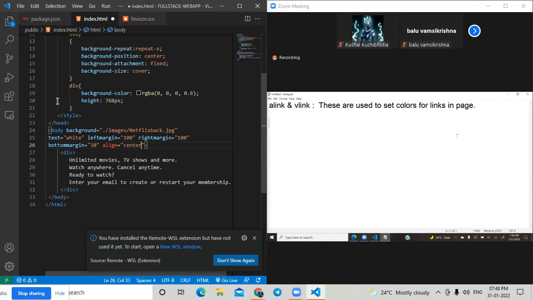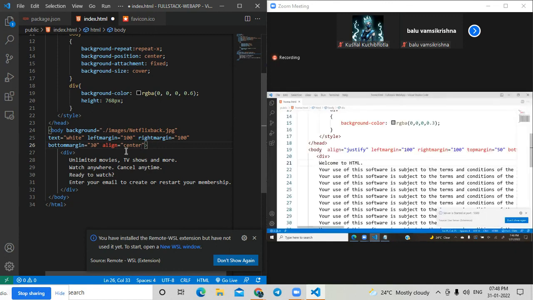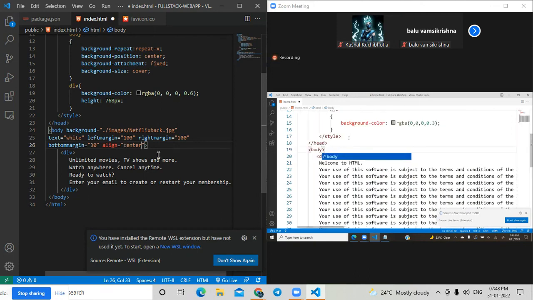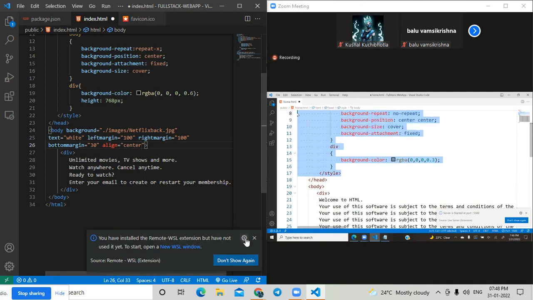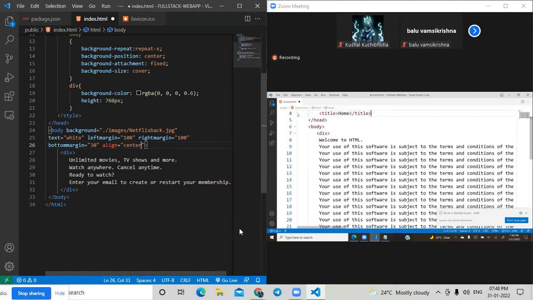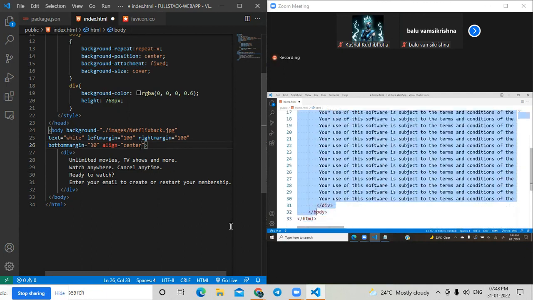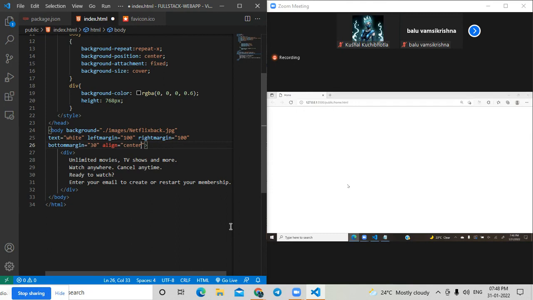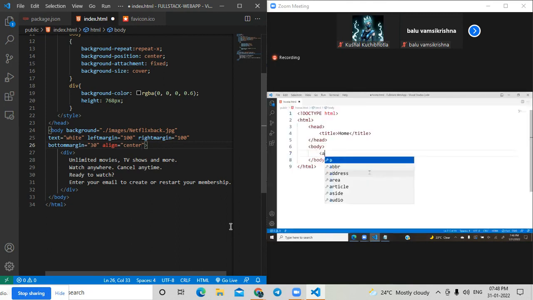So for example, see, in this page, I will remove all the effects and everything we wrote here, and let's keep this body section simple. Nothing inside, so this is empty. Actually, the page contains some links. Later, I will tell you how to create links. Suppose we have some